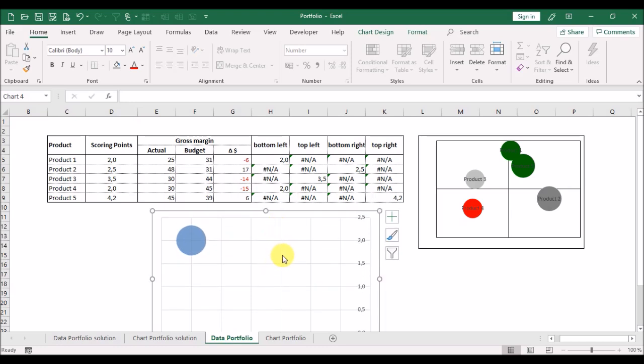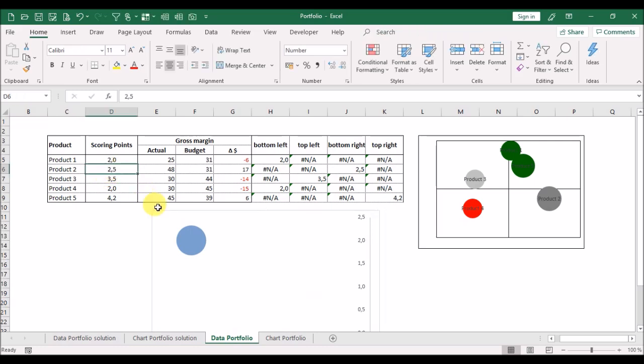We click on the horizontal grid lines, delete it, and we click on the vertical axis major grid lines and delete them. So then we will also change the values.